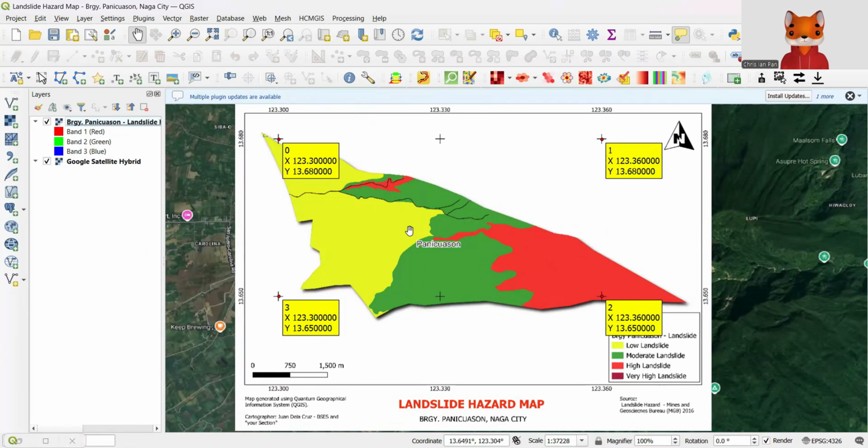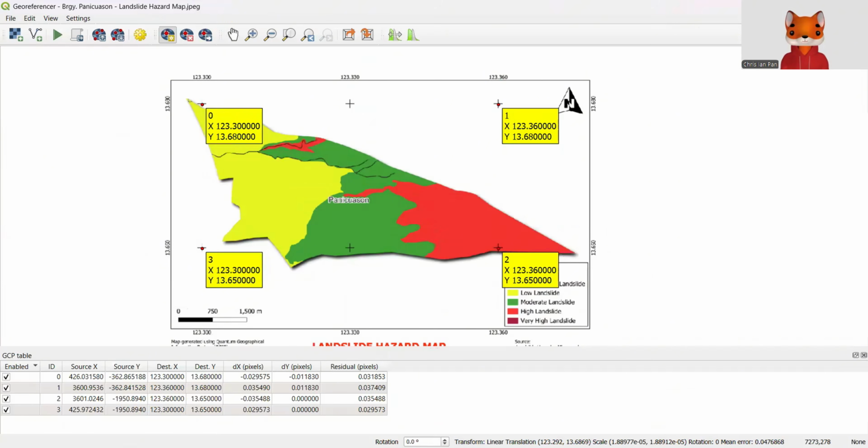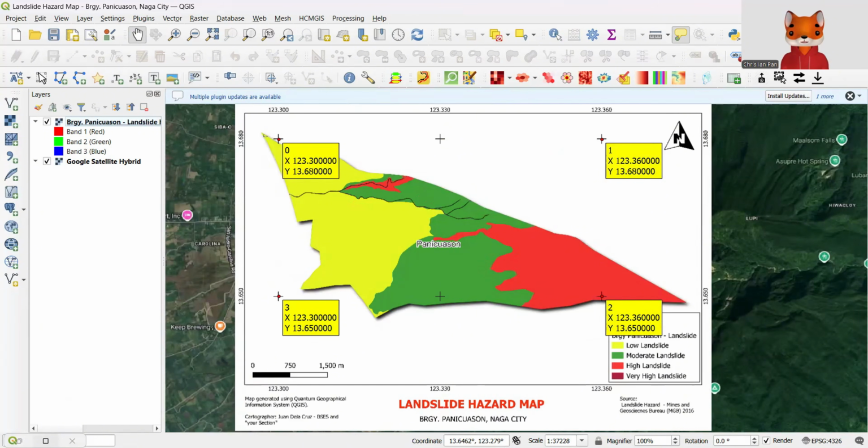Okay. Now, before we do our digitizing, we first look for the window of your georeferencer. Usually, once this is minimized, there's a small window on your lower left.